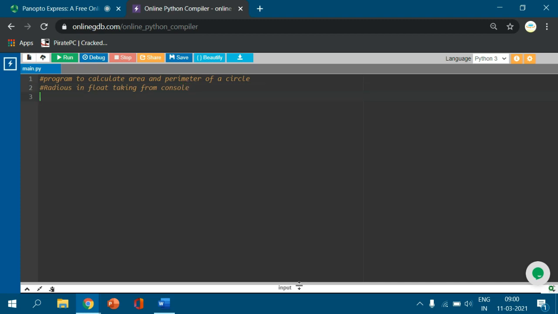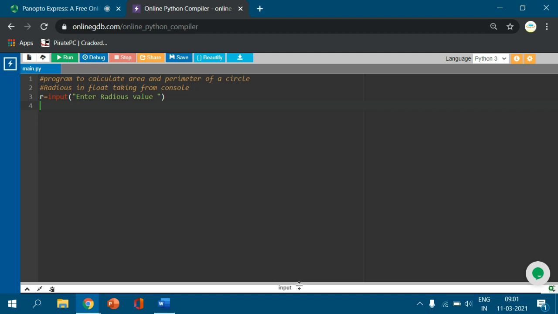Now I give radius r equal to input, enter radius value. I would like to take this as a floating point.